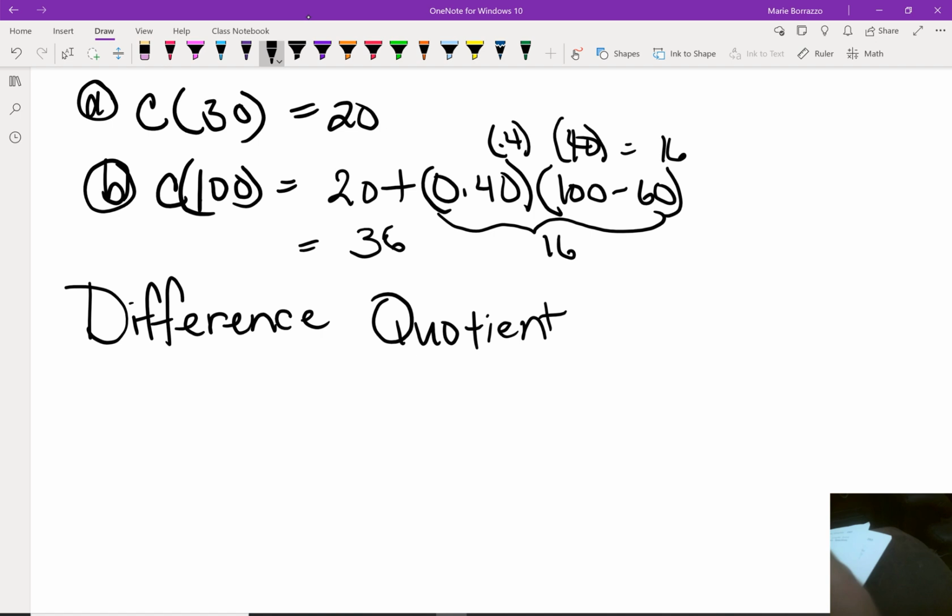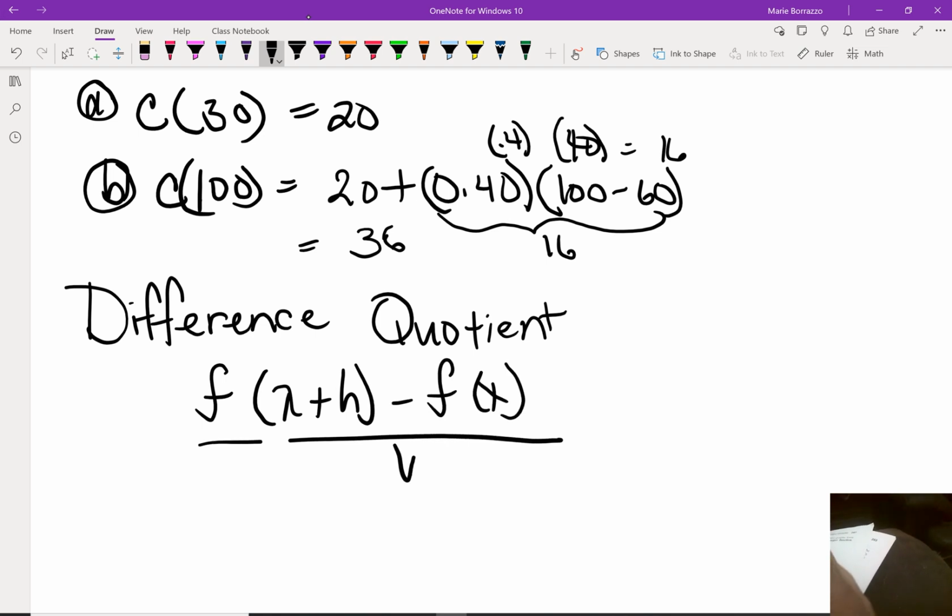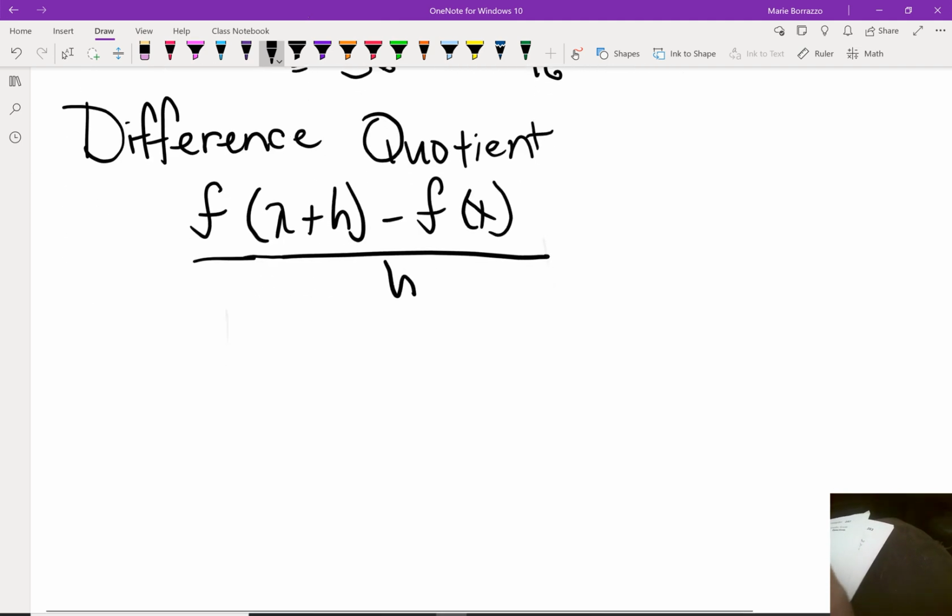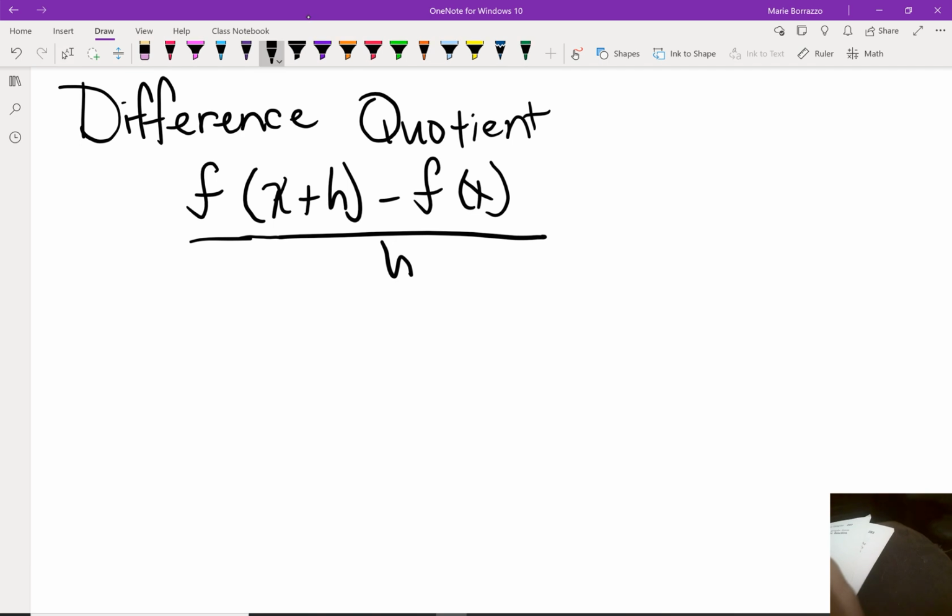In the difference quotient, we're given a function: f of x plus h minus f of x, all of this over h. They always give you the f of x. You have to solve for f of x plus h. So if I say to you, example 8,